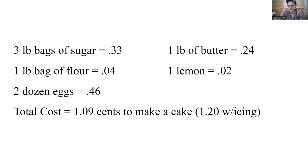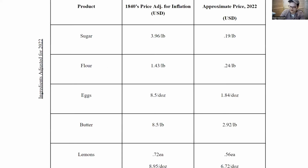$1 in 1840 is not $1 in 2022, right? It's tremendously different. In fact, the difference in inflation between the 1840s and today is like 3,000% or something like that, because it's like an average of 3% every so often. So I went and I used a calculating site to start getting these inflation rates. So if we adjust the 1840s price for inflation, so multiplying it by the average inflation since that time,